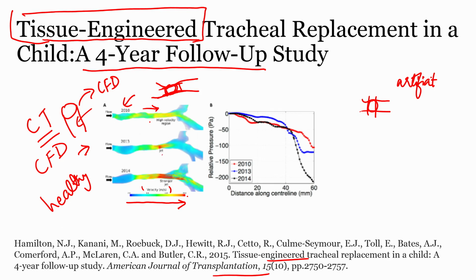In 2013 they observed that in spite of the stent, there is an airflow jet. When we say this, it means there is a transition from laminar to turbulence, that is the velocity here is increasing, which means the wall here is collapsing. What happens as the segment collapses? This became severe in 2014. As you can see, the region where the velocity increased is larger compared to the previous year.